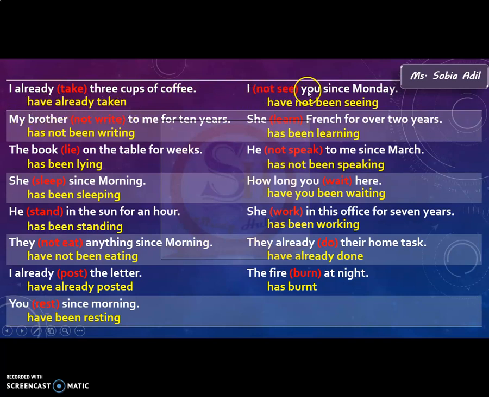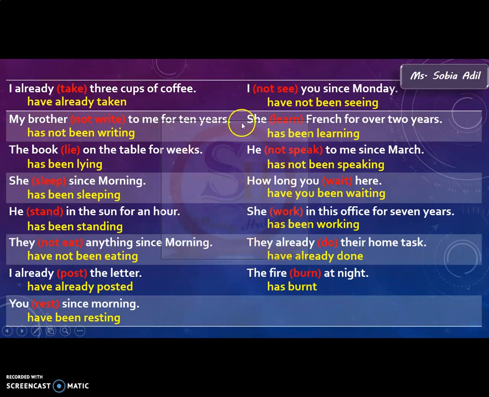Next one is, I not see you since morning. Now since is telling you about the time period which we use in present perfect continuous tense, right? So you need to cut this one and write here, I have not been seeing you since Monday. Third one is, my brother not write to me for 10 years. Again, this time duration, time period is telling you that it can be present perfect continuous tense. My brother, you need to cut this one and write here, my brother has not been writing to me